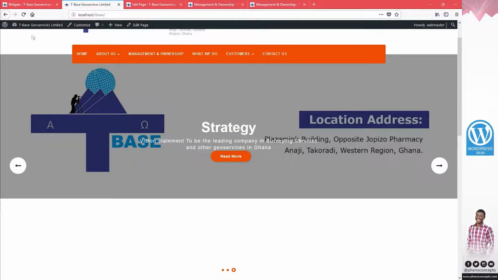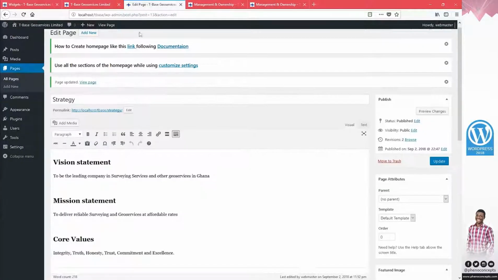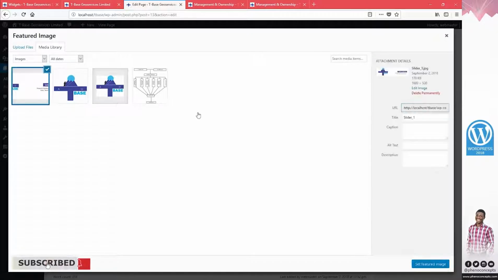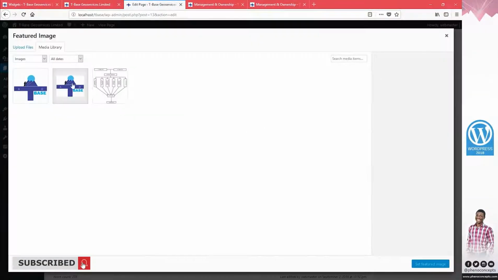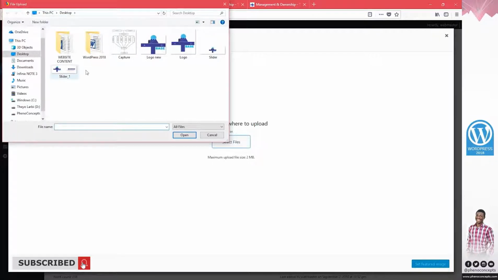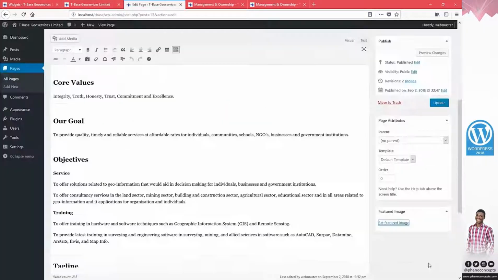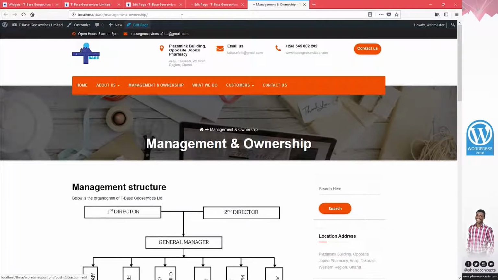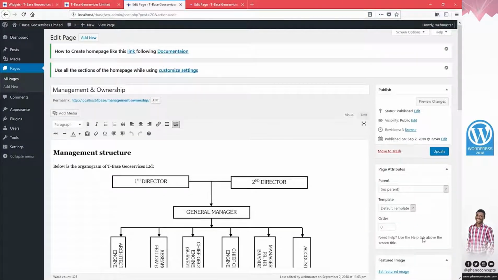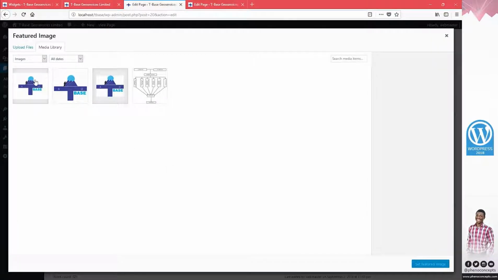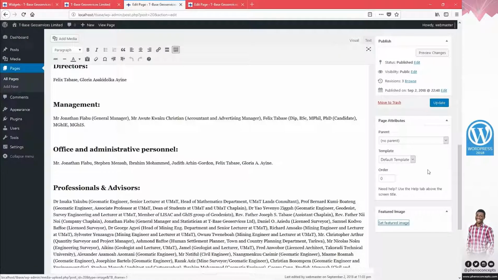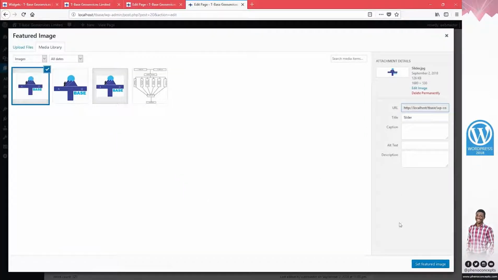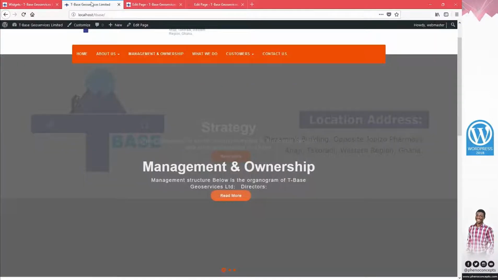Okay, so I'll go to edit page, I'll remove the featured image, and I'll upload the new featured image. So let's just go ahead and delete this. So I'll upload the new one, which is slider. It's just a logo though, so I'll update this. Edit page. So we'll do the same for this. Update that. We do the same for this too, and update that. So we are expecting at least once it's done loading,